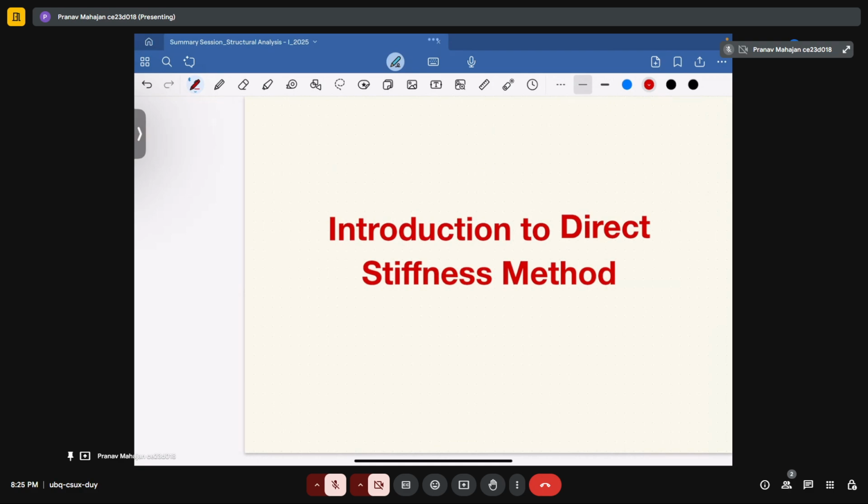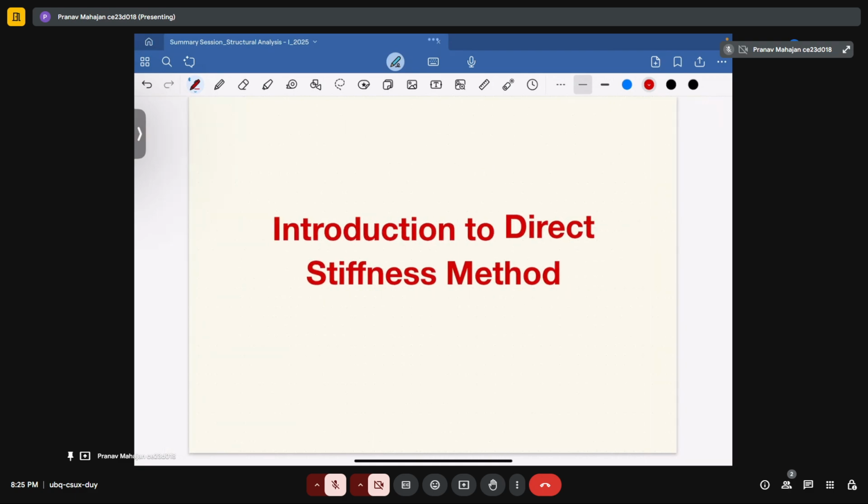Okay, now by this 11th week we have covered all the concepts related to analysis of statically determinate beams as well as analysis of statically indeterminate beams, frames, and trusses. Now we are introducing to you one more concept, that is the matrix method,